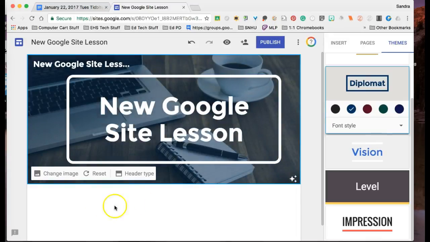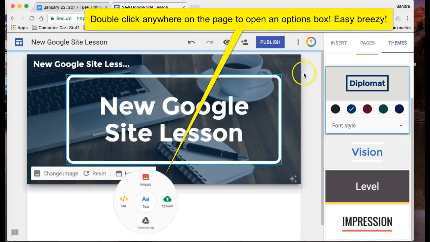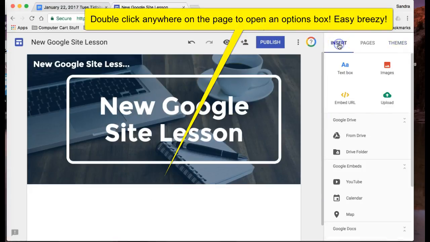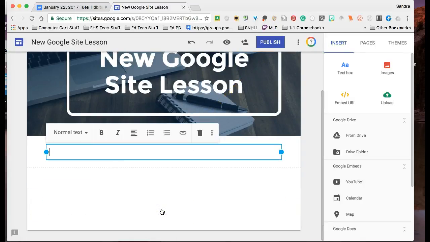So now we have everything kind of in place, and let's get started with our first page. All you got to do on here is double click. So a couple of other things you should note. The Insert tab will give you options on what you can insert in a page, or you can double tap anywhere. And for example, insert text, and this is the first section